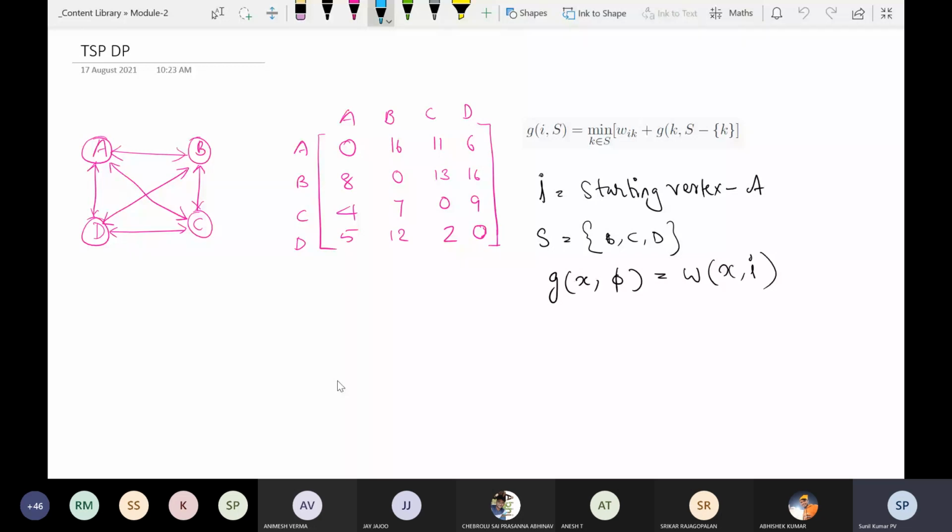Cost will be more meaningful because you can see A to B is 16, but B to A is 8. If it is distance, it doesn't make sense: A to B is 16 means B to A should also be 16. But let us assume that this is the cost of travel, and we need to minimize the overall cost traveled by the salesperson. That is why we have different values. Maybe from A to B he is riding a fuel efficient vehicle, but from B to A he is riding a less fuel efficient vehicle. So cost can be different.